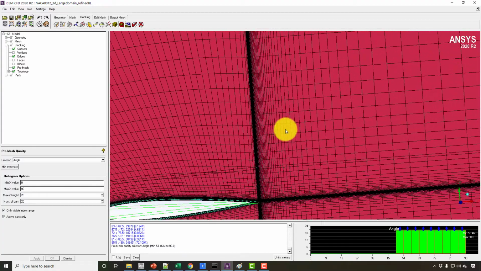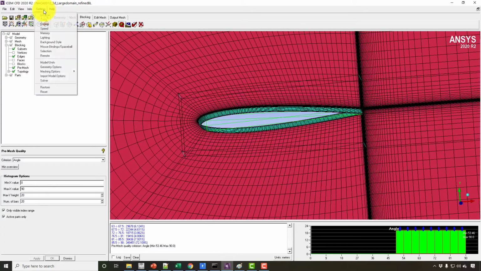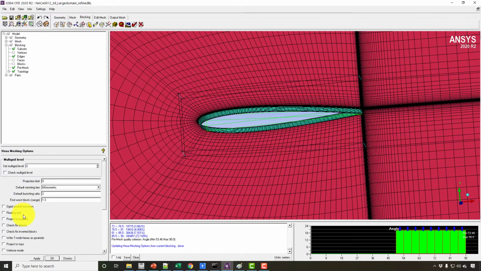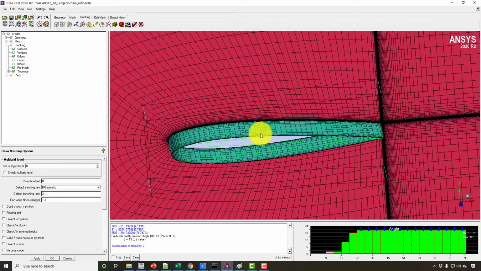So now, instead of having the B-spline turned on, which you can see here, I will recompute the pre-mesh. Okay, so it is making the problem. So I will keep it the same, that is, project to B-spline.